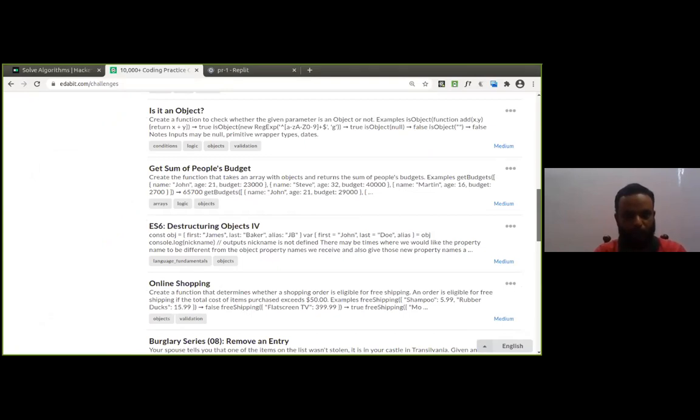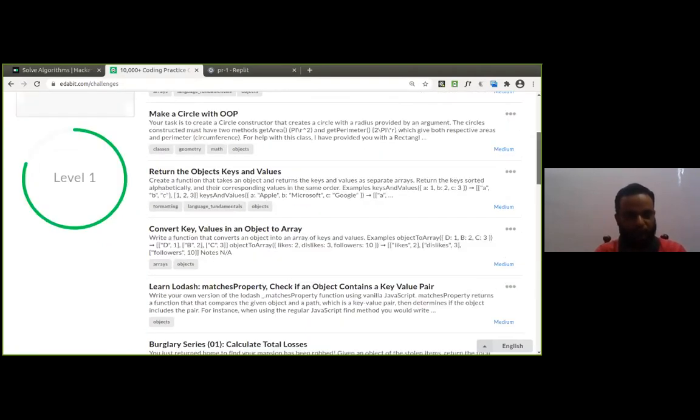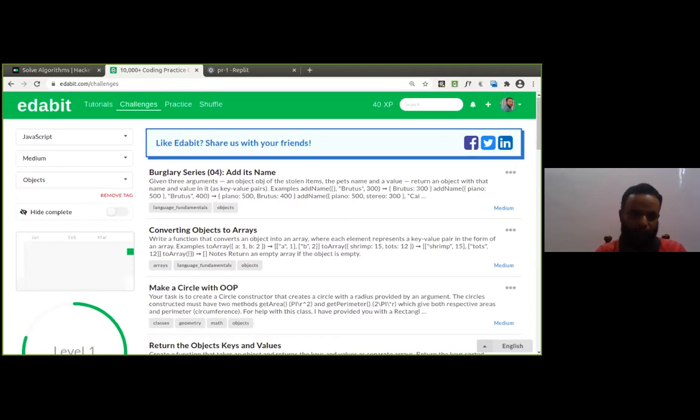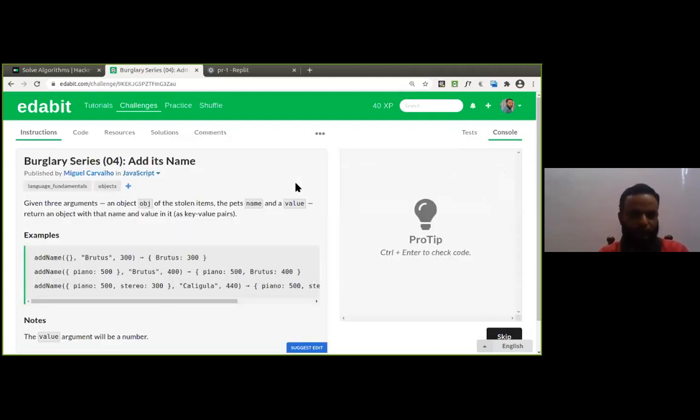These are all examples related to objects only. We'll take up the objects one by one. Let's take one simple example first of all. So this is the problem. Everyone just go through the problem.